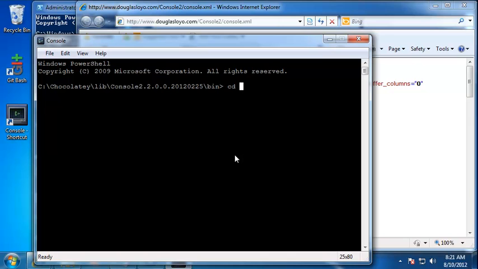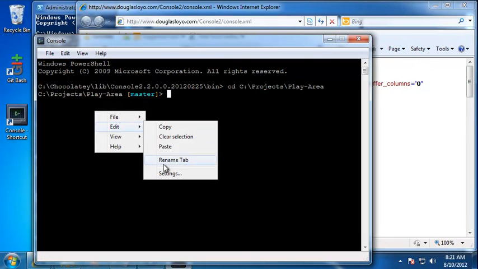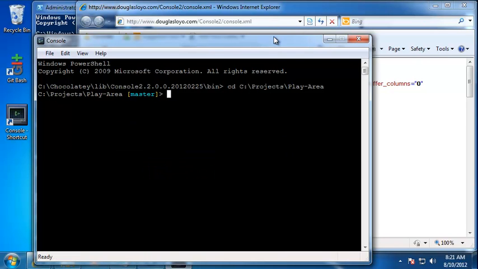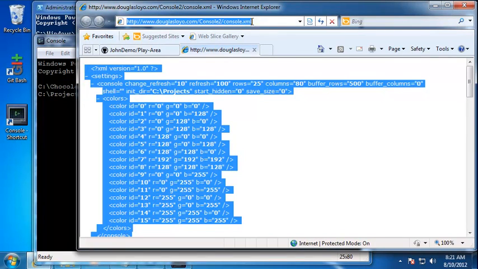Now we go to CD the location of our project. We should be good, and we should have Console 2 with that. So there's some really cool features about Console 2. You can select and paste and stuff like that, but you have to configure those manually. But I have a pre-configured file that you guys can download right here,